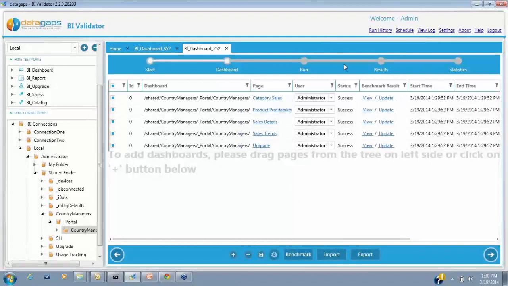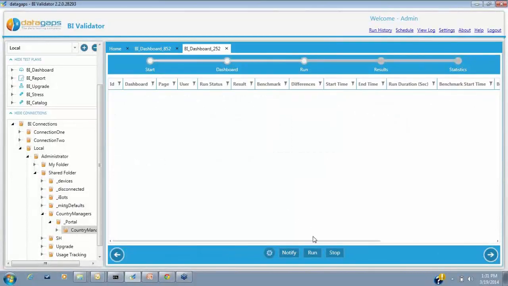So right now what I did was I benchmarked all these dashboards, and now I have a reference copy. Once I do that, theoretically, I go back and apply a change, whether it's an in-place upgrade or whatever it is. I can go and make that change. And just to show you the difference, I'm modifying the user to Karen here because Karen has a different visibility. Once you make the change, you come back to the same test plan, and all you need to do is go to the next screen and click on run, right?